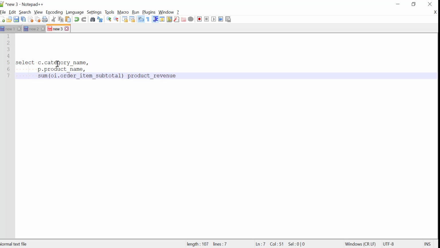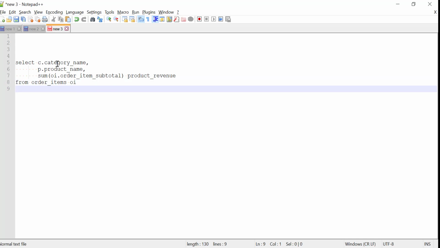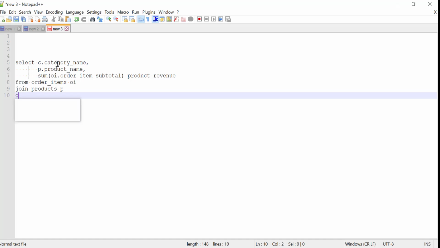I have to calculate this data from the table order_items and we'll be joining this table with products P, and the join condition will be order_items dot order_item_product_id, which is equal to P dot product_id.